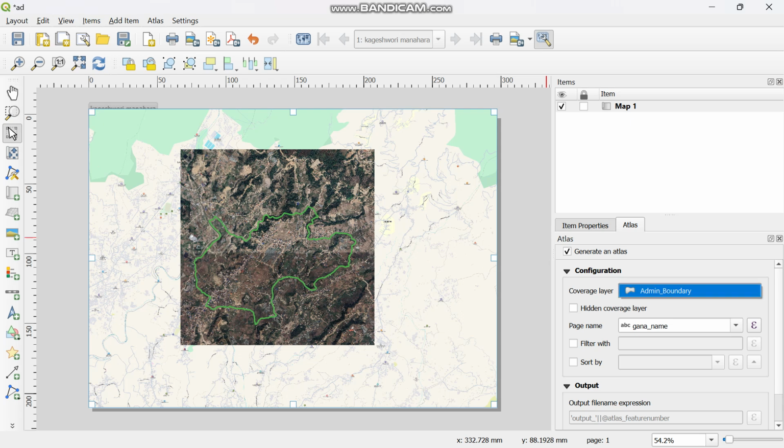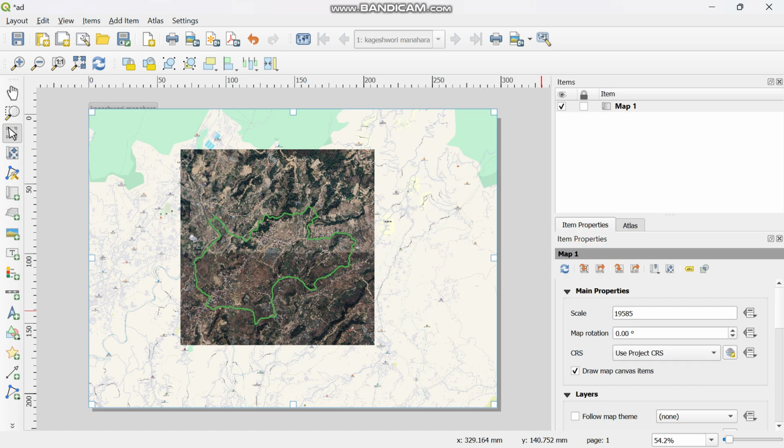In my case I have only one boundary, so it's already loaded here, but if you have many boundaries and you want the feature only inside a single boundary, then you can choose from the option. For only clipping the feature inside the boundary, there is no need to change the other options, so leave them on default. Then go to item properties, and here is the option called clip